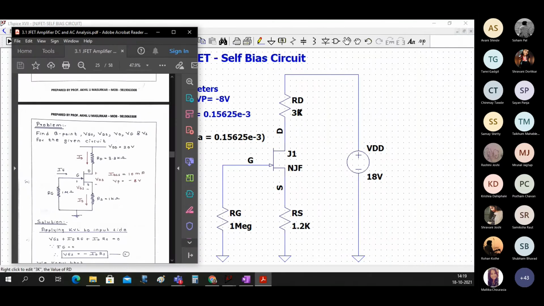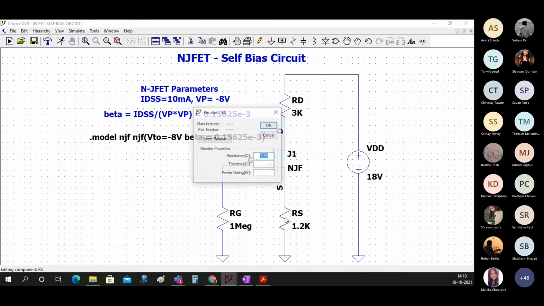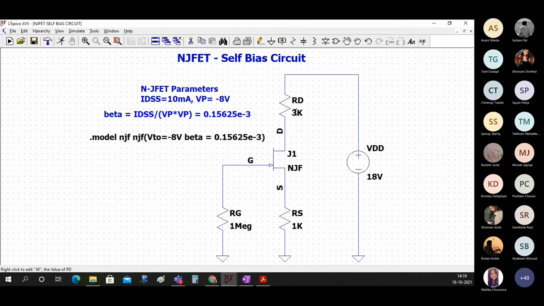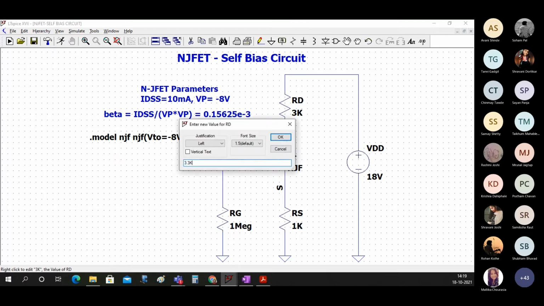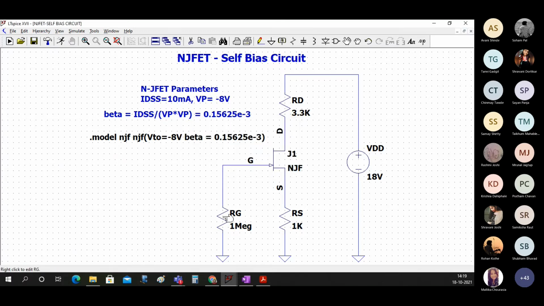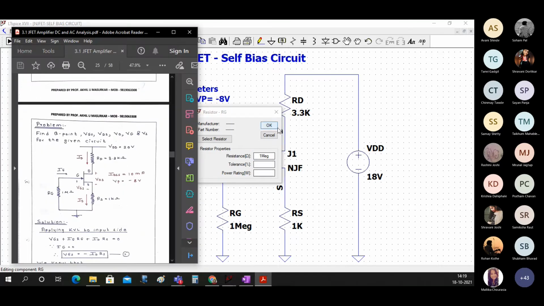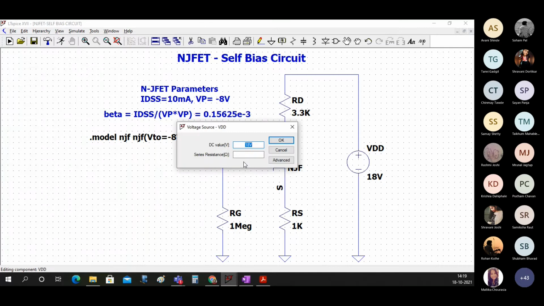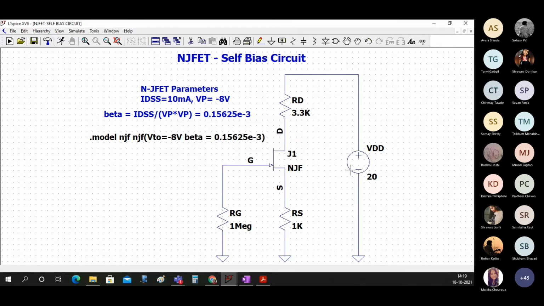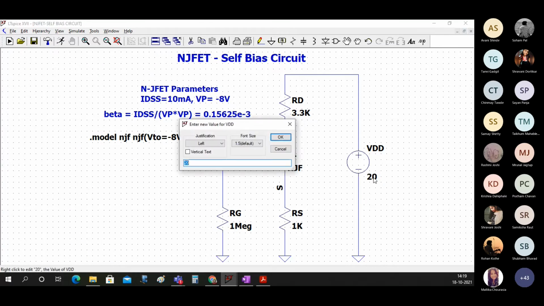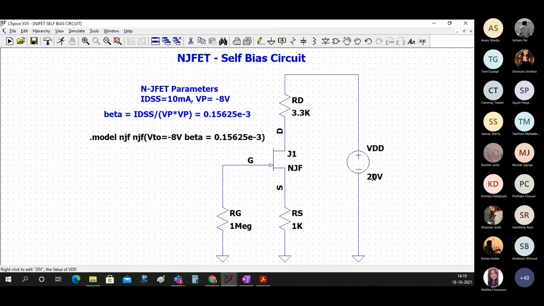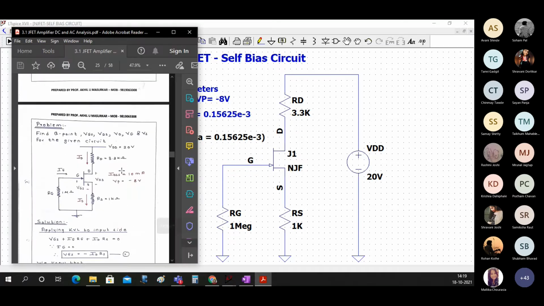So here RD is 3.3, RS is 1K, this is 3.3, this is 1 megohm itself, there is no change in that. And instead of 18 we have 20 volts. Why am I doing this? Because we don't want to recalculate the whole thing.